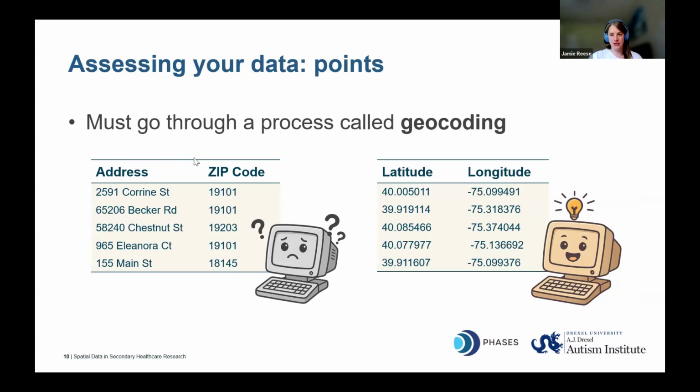In the case of addresses, ArcGIS does not understand addresses, it understands latitude and longitude. So you have to go through this process called geocoding. And what that entails is choosing and backing up what's called a geocoding service. It's like a reference system for the software. Usually you're going to have to manually match some addresses from your data set onto their locations because no data is perfect. And all of that means you have to really take your time and be careful with documentation.